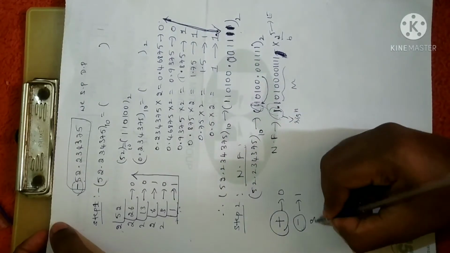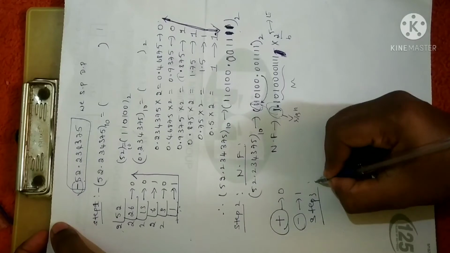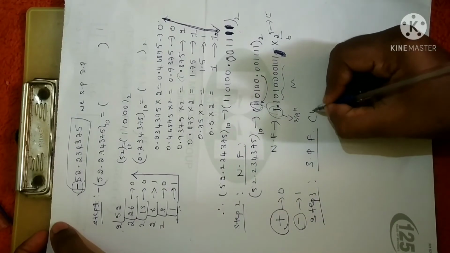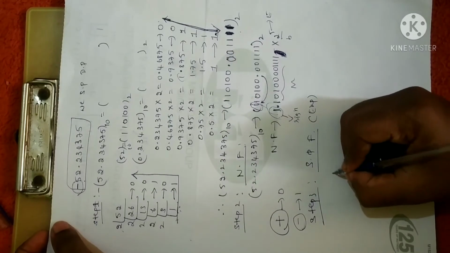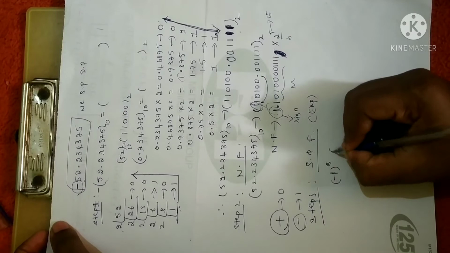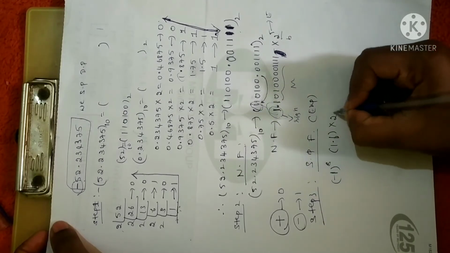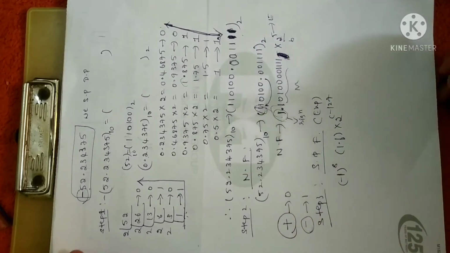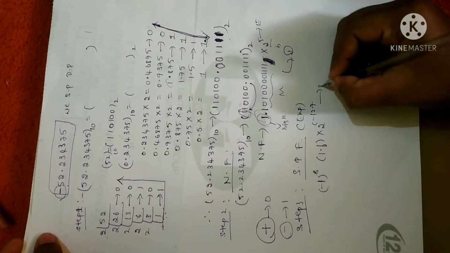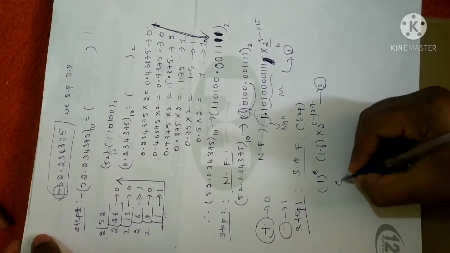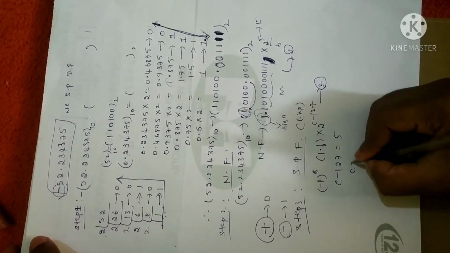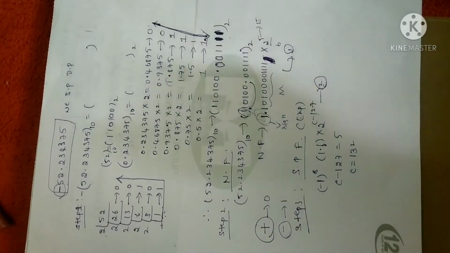Now the third step will be the single precision form. So the single precision formula you have to write, that is, the exponent you are going to convert, right? The single precision formula is given by (-1) power of s into 1.f into 2 power of (c minus 127). Fine. Now let me call this equation 1 and equation 2. Equate the powers of 2, you will get c minus 127 is equal to 5. So after simplification, c will become 132.